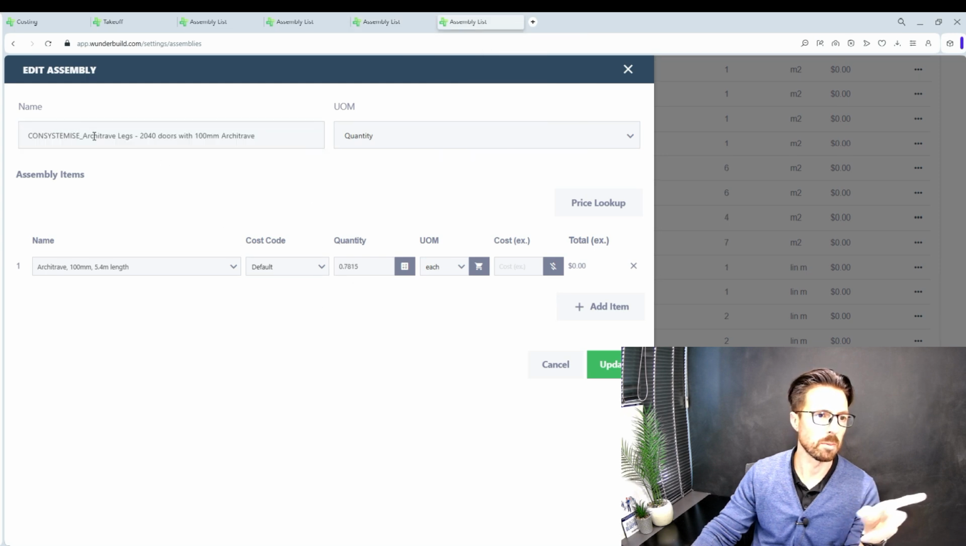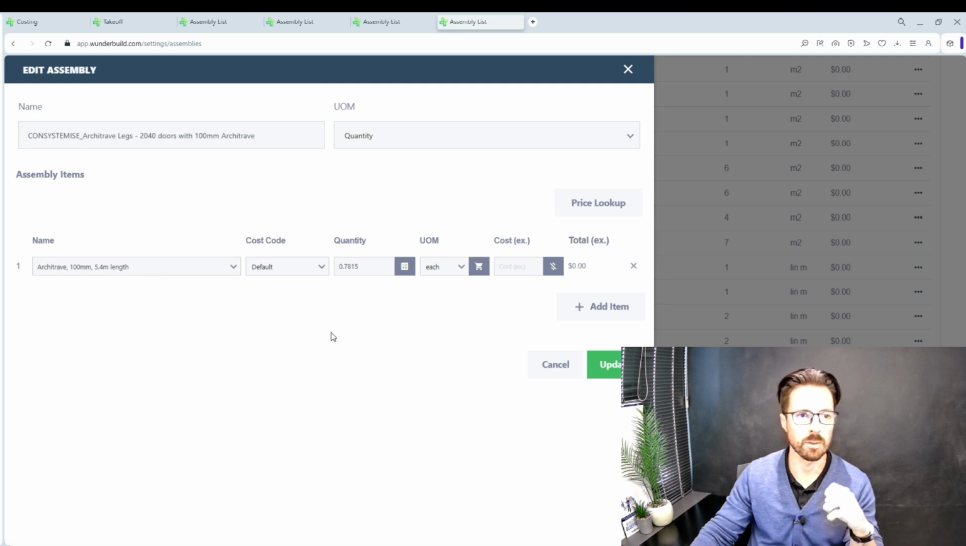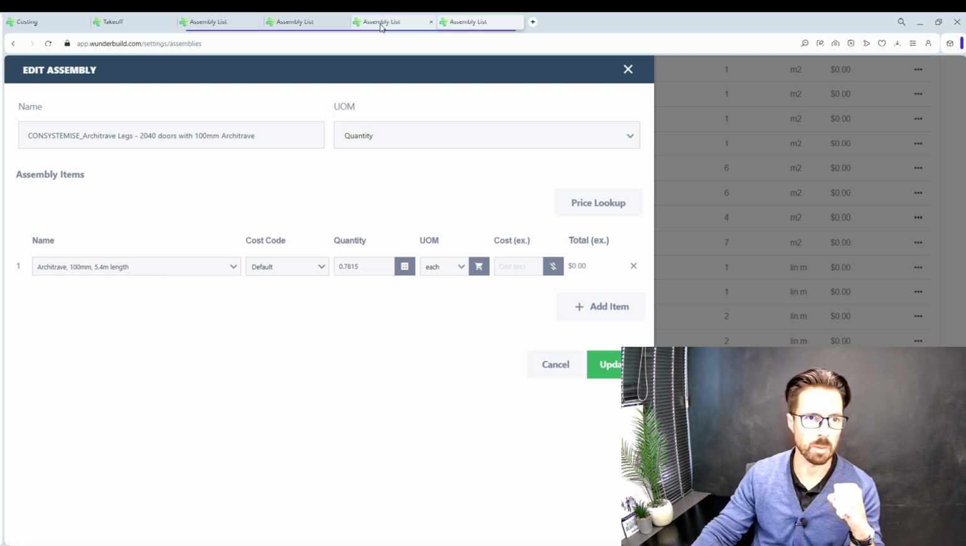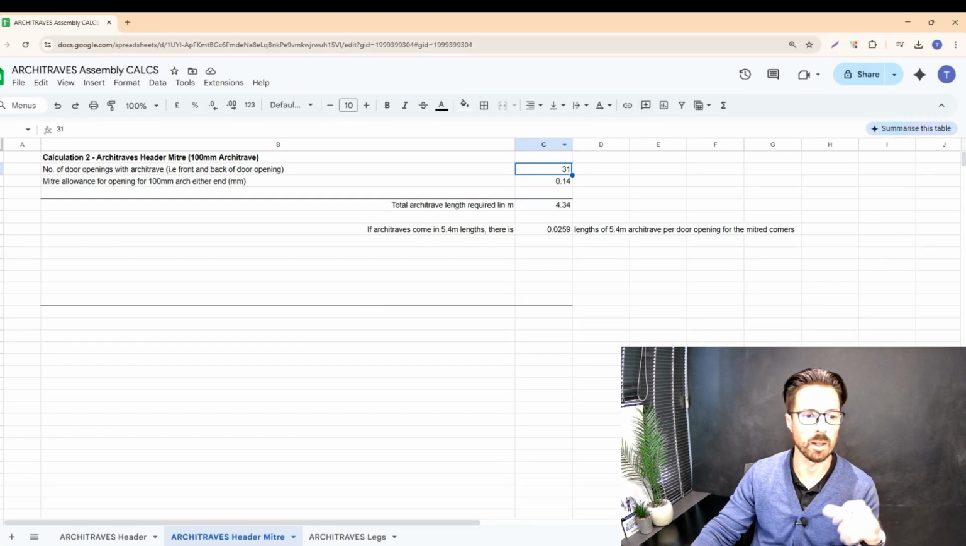you can see that's where I've input that. So for my assembly called architrave legs, 2040 doors with 100mm architrave, I know for each opening I'm going to need 0.7815 of this 5.4 metre length of architrave. And just jumping back, before for that header it was 0.0259 for each opening, and that was based on that 5.4 metre architrave length, which I'd worked out from my spreadsheet